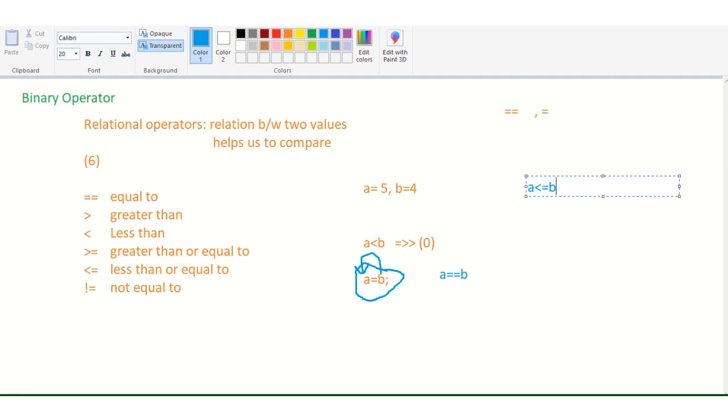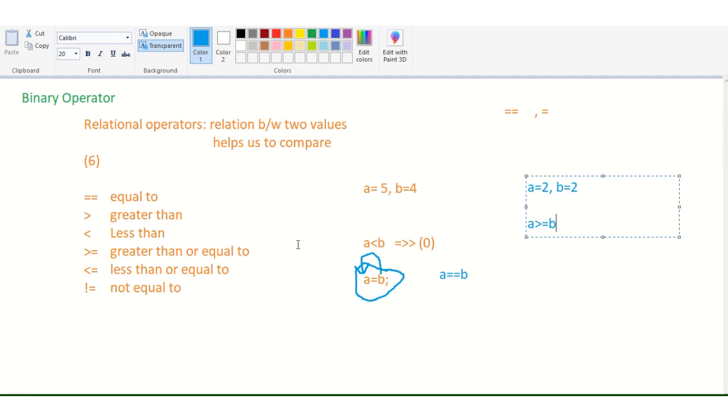For example, if the value of a is equal to 2 and the value of b is also equal to 2, and I use a greater than or equal to b, then what will be the result? The result will be true, because here is or: whether greater than, whether equal. If it's greater, then the result will be true. If equal, then the result will be true.